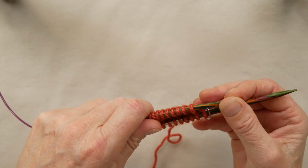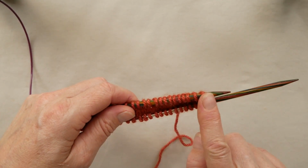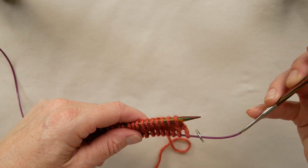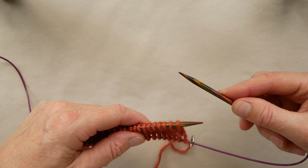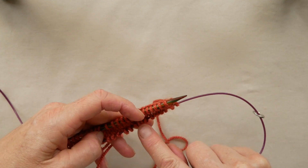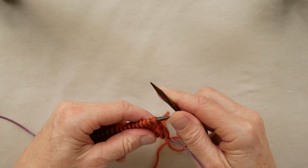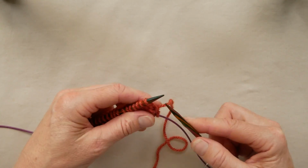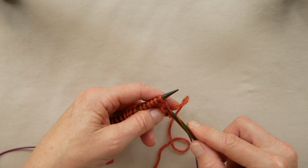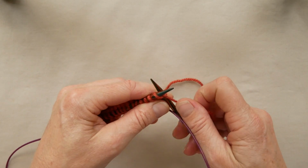When we're working in the magic loop, the stitches we're about to knit are at the top, and we're going to pull our circular needle out so that the lower stitches are on the cable, and use the needle to knit the stitches at the top. So we're going to knit one stitch,